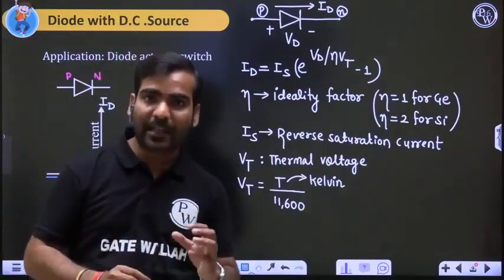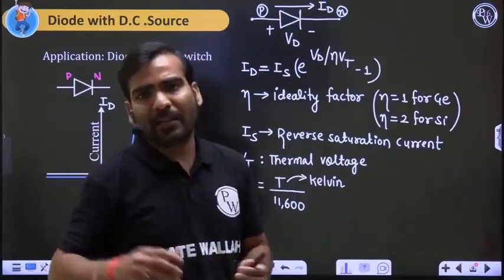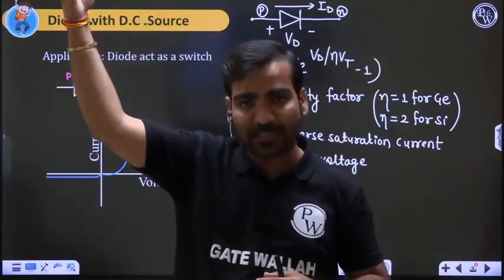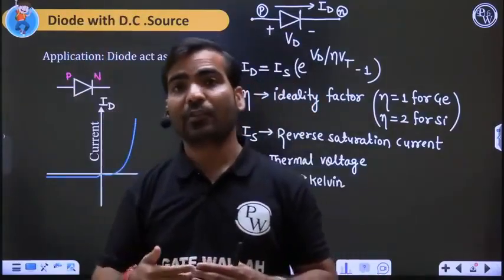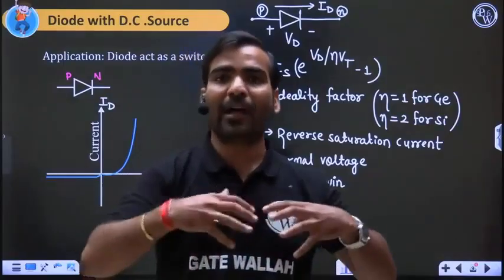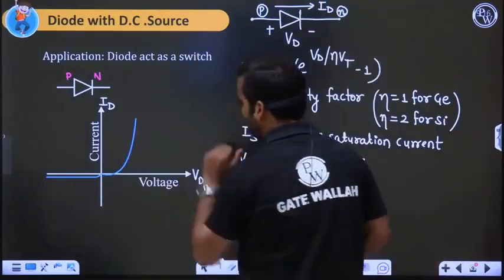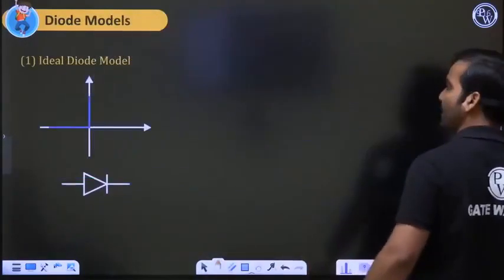That's why we can say this diode is on or this switch is on, because whenever in your home some switch you are switching on, current is flowing in the devices and then your bulb is glowing, your tube light is glowing. Meaning is that switch is on. Switch is on means some current is flowing, current is allowed to flow in the circuit, right? So this is the on condition.